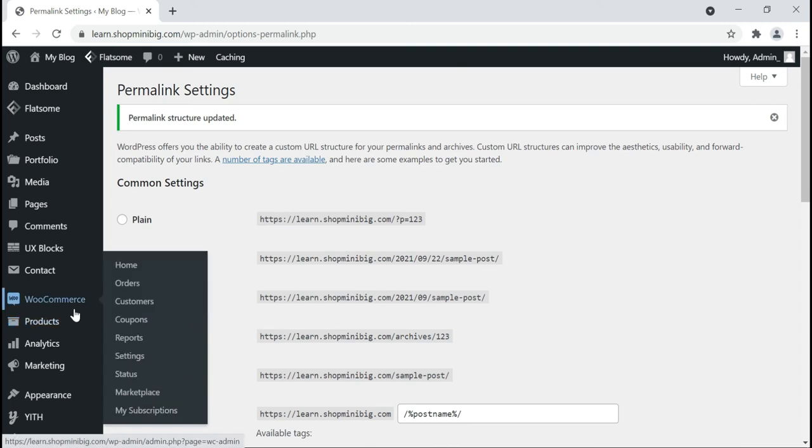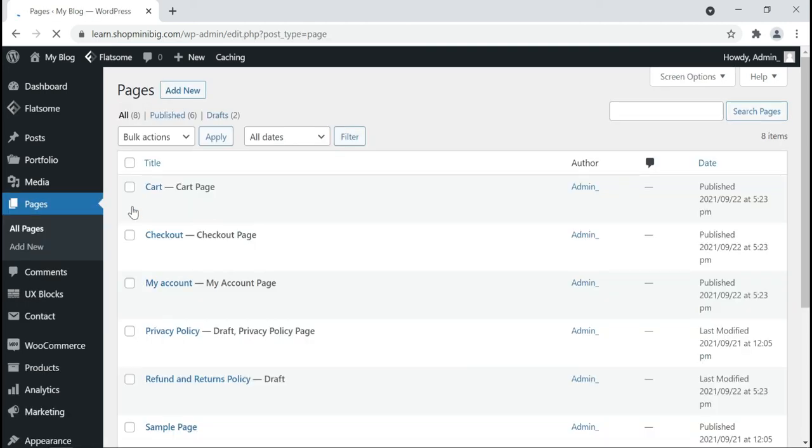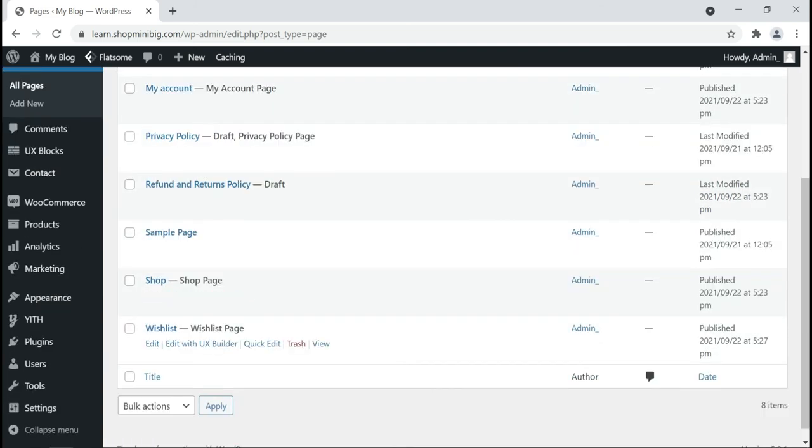Then go to pages. We will start creating our pages. When we install the WooCommerce plugin, WooCommerce by default creates some pages itself: cart page, checkout page, my account page, privacy policy page, refund page, shop page, wishlist page.